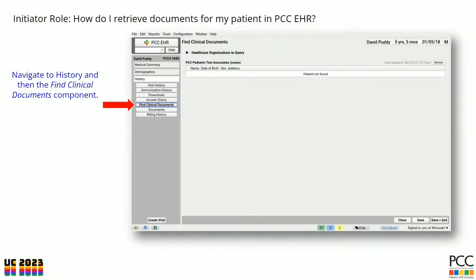As far as where you go to initiate a query, you'd open up a patient's chart, and you'd navigate to history, and then the Find Clinical Documents component. As soon as you click on Find Clinical Documents, once that component opens up, it immediately queries any default organizations that you've set. In this case, I've queried an organization called SCONE. It's an internal server, and a message has come back, patient not found. But you can add